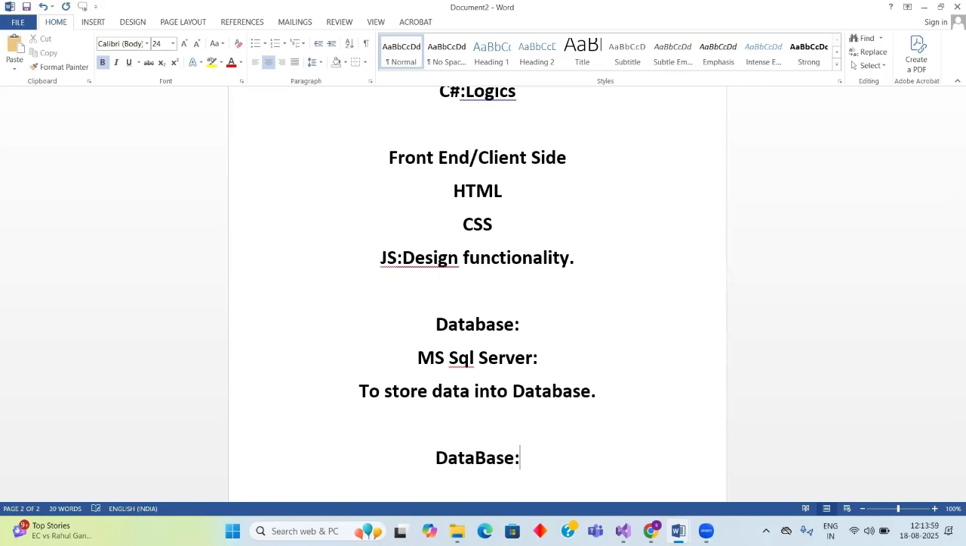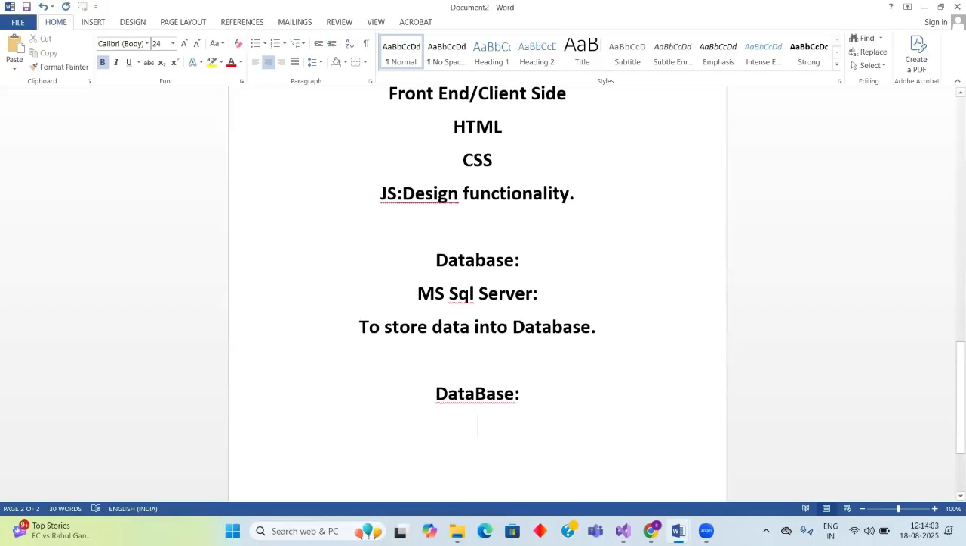Database is a collection of tables, where table is data in the form of